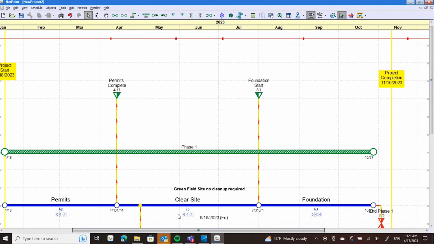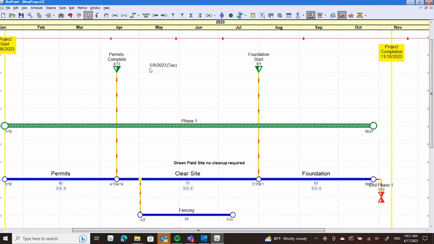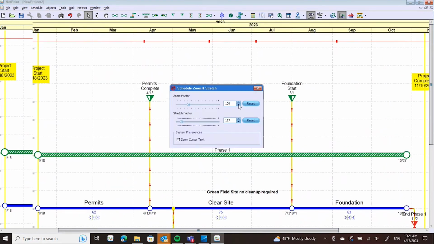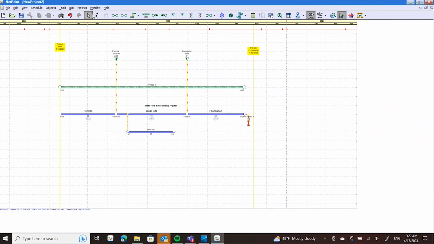So now we've got this kind of functional little network going, and we might want to add coding or resources, and all of that is possible within NetPoint as well. So let's create some codes, and in order to do that, I'm going to create some phase 2 activities as well. So let me shrink my view a little bit, and you guys remember how to do that? That's the zoom stretch window. I'm going to zoom out a little bit to give myself a little more planning room. And then I'm going to add an activity over here,